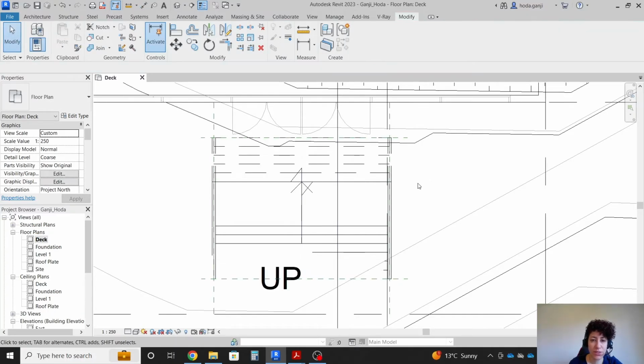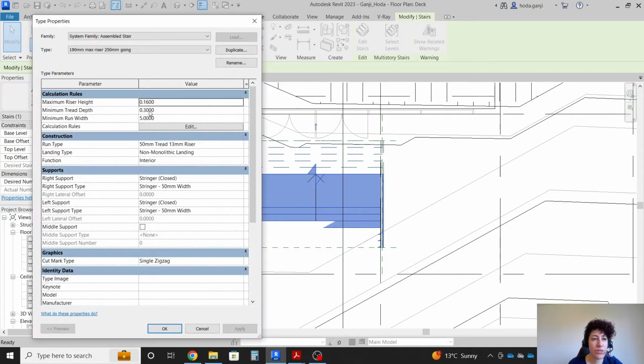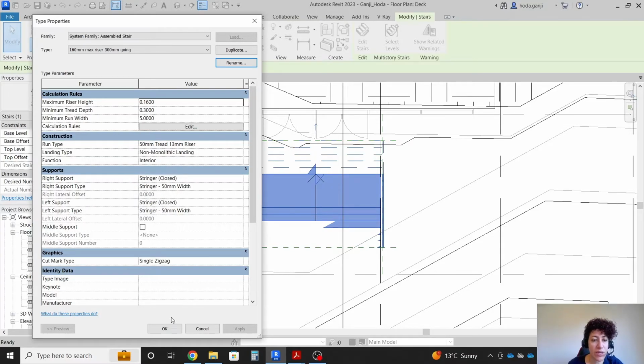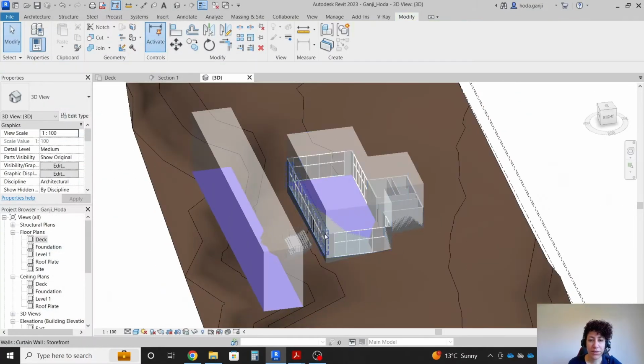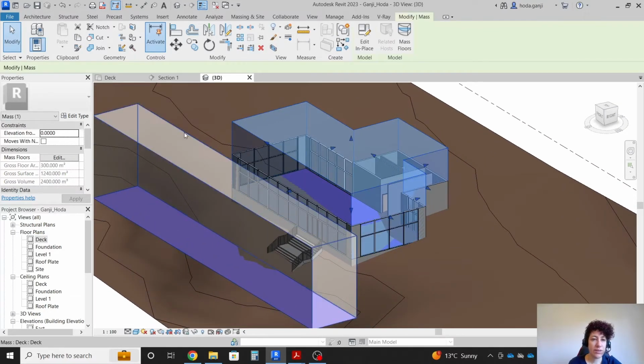Let's finish this. So if I check the stairs, 0.16, maximum tread depth is 0.3, that's all good. Maybe I should rename the stairs. Instead of 190, I should put 160, and instead of 250, I should put 300. Okay, and okay. I'm gonna go to my 3D view, and I wanna select the two building masses, and maybe